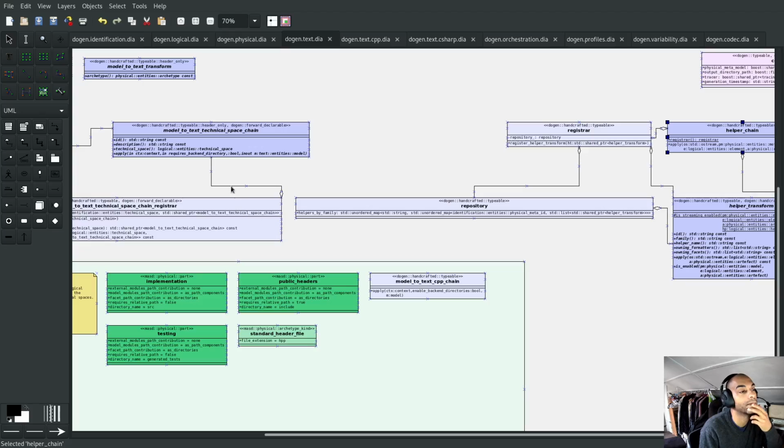Now that would make a bit more sense, because this guy here will have access to the logical physical space, as you can see here. There it is, the logical physical space. So the chain itself has access to the logical physical space, and it could potentially supply it. However, as you can imagine, this will be a very, very big breaking change, and we just need